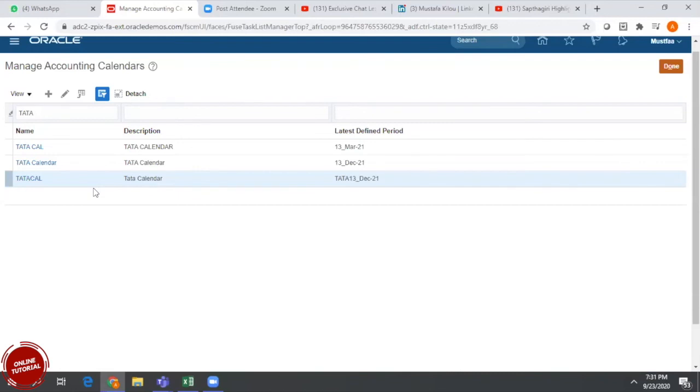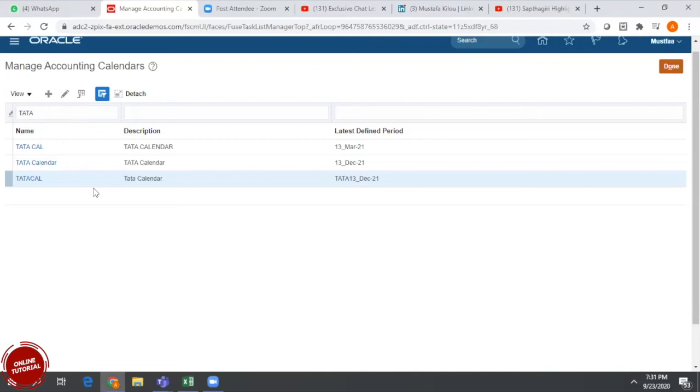Why? Because the business might not know how to define the periods. Maybe after 3 years, the business will also get some experience with Oracle applications. They will get enough knowledge on the application and how to manage it, so that after 2022 they are able to create the respective periods which are required.